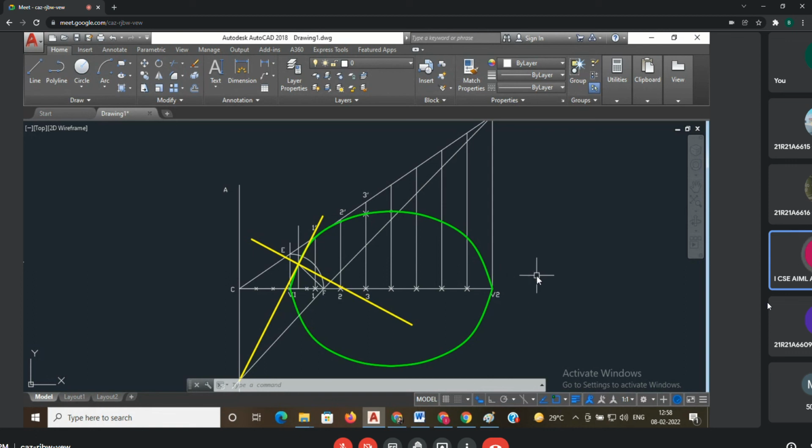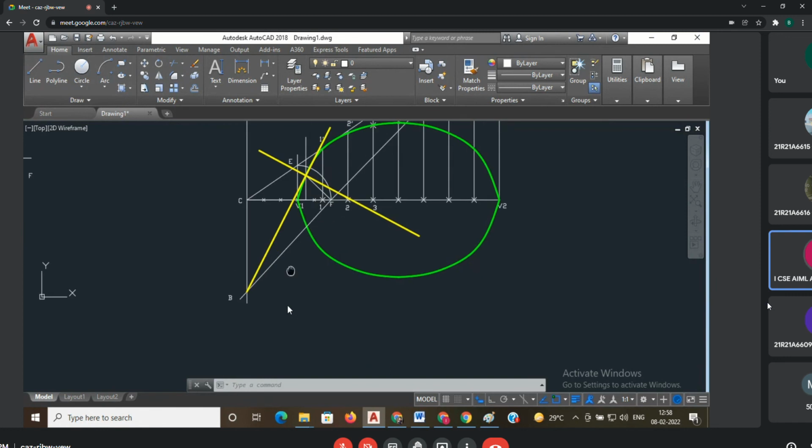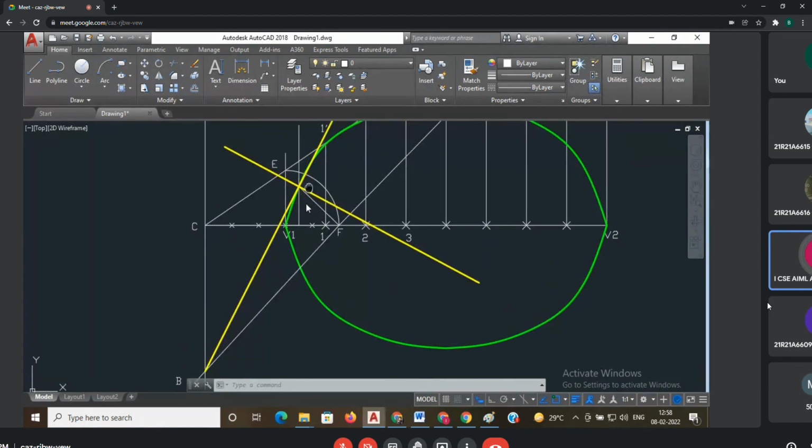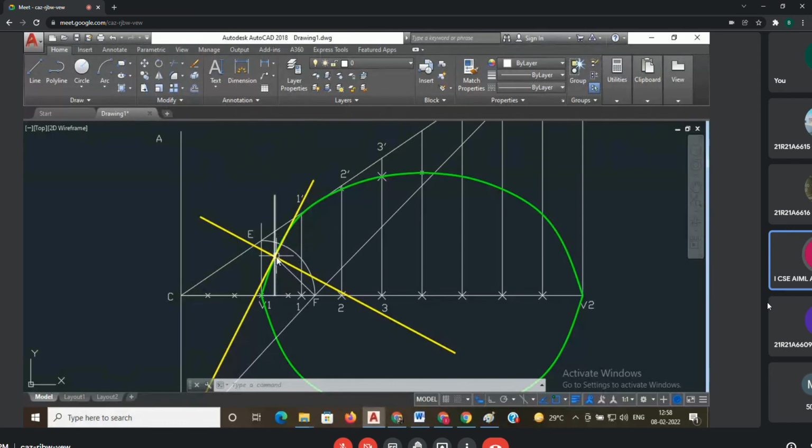First you have to find the point on the curve, on the ellipse. Then from that point to F, you have to join one line. For that joined line, you have to draw a 90 degrees line towards the directrix. In the directrix, you will get one point. From that point, through that ellipse point, if you draw one line, that is your tangent. At 90 degrees to that tangent, you will get the normal.